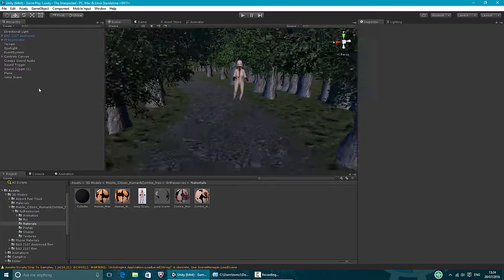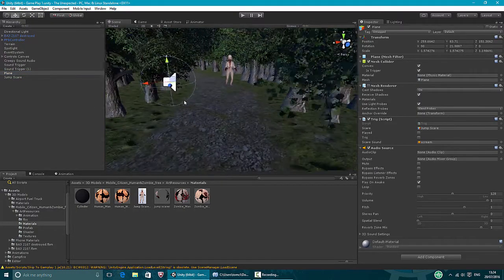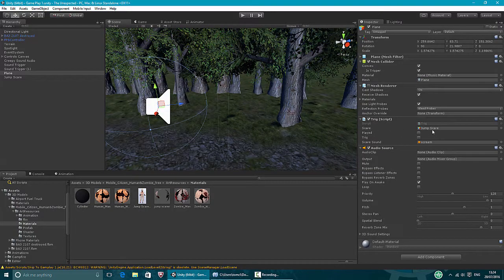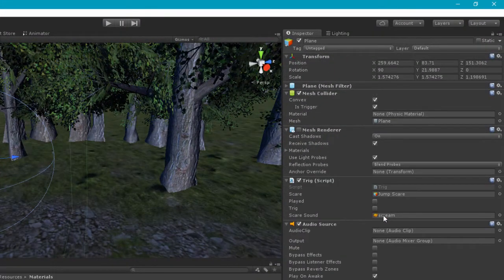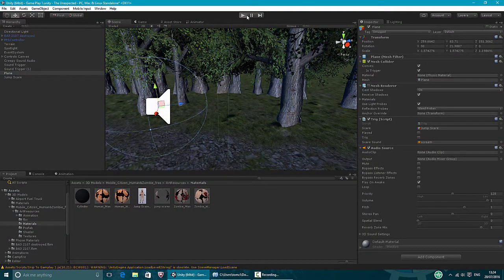So what happens is you put that trigger onto the triggered plane here, and you drag and drop the jump scare object in here, and you put the sound that you want to be played here. Make sure you have an audio source which has nothing in it, and make sure its trigger is selected. So now if we play it,